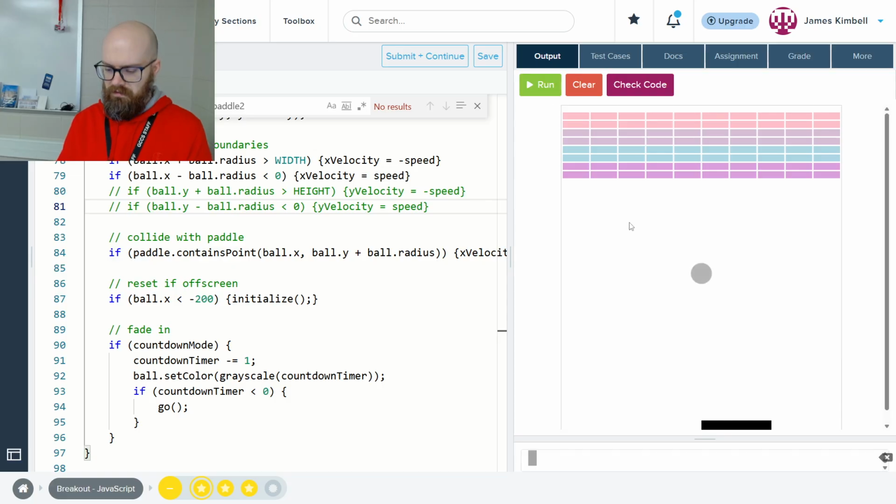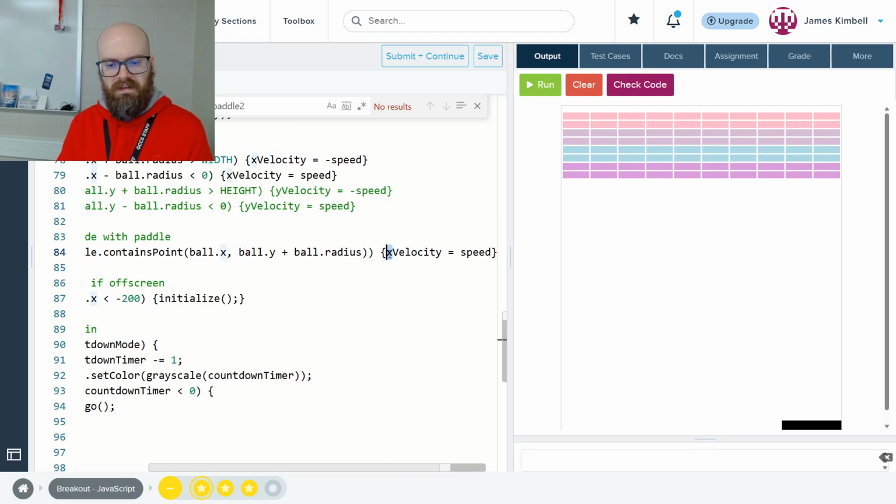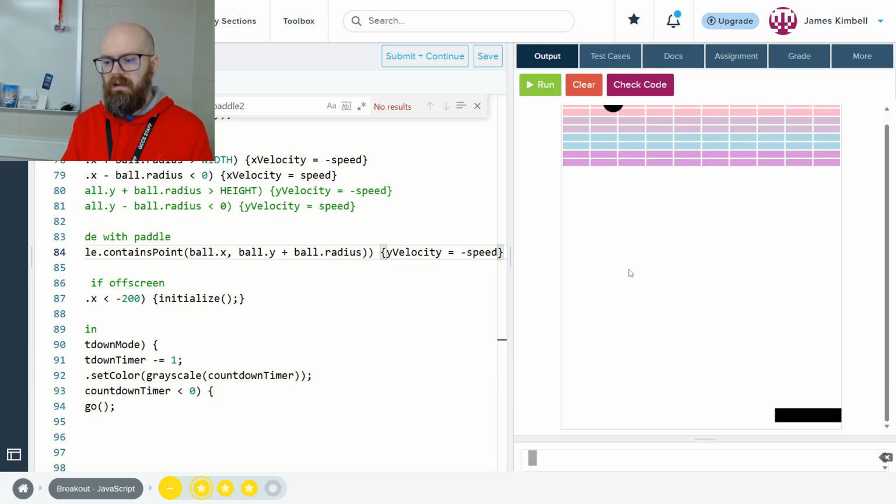Let's see if it bounces now. Yes, but it bounces the wrong way. We're going to switch the y velocity and go up. Great, beautiful. Okay, now we need to bounce off of these guys, and this is the new thing I was